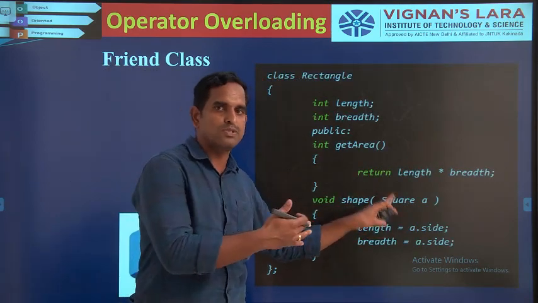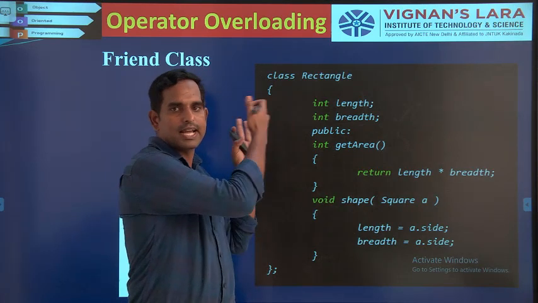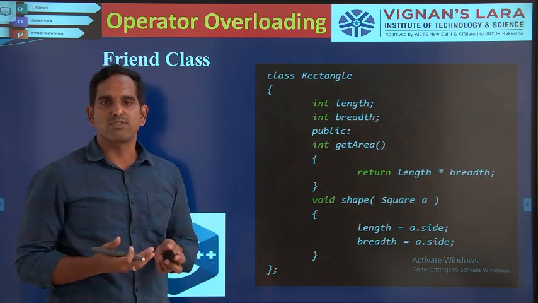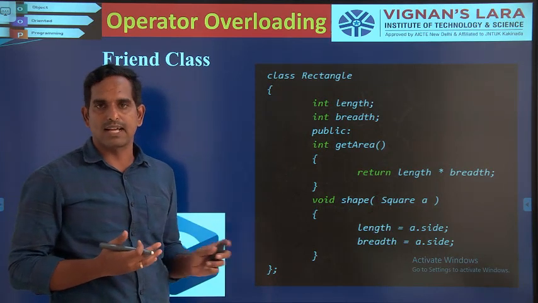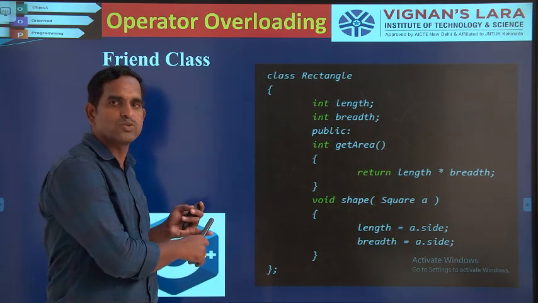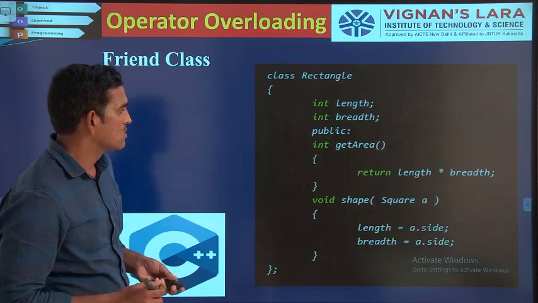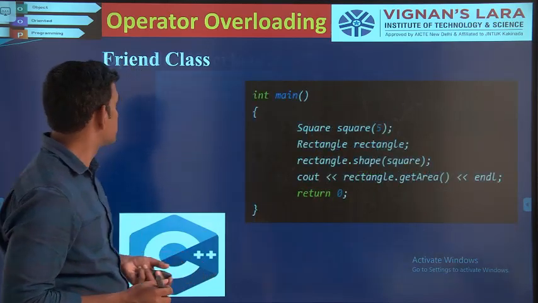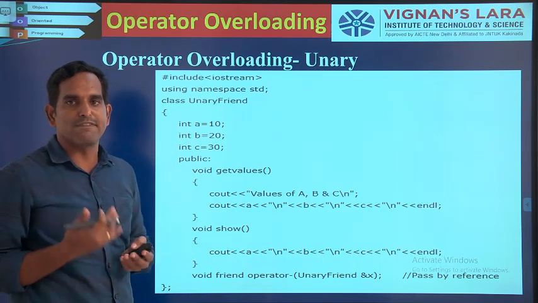Now, in the rectangle class, you can create any number of objects. You can create the objects of your square class, and by creating the objects of the square class, I can access all the properties of your square class. So this is how you will be having your friend classes. This is how you can declare your friend classes and how you can use the friend class objects in your programs. So the next thing you have to know is how to overload your operators in friend functions.